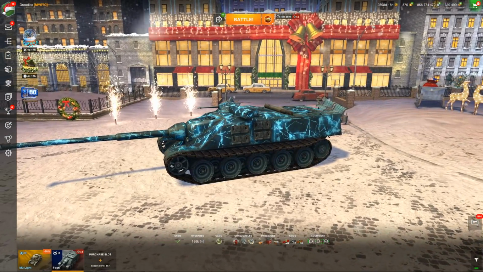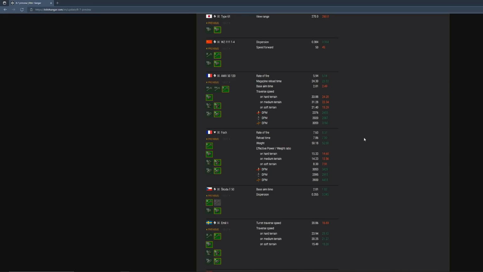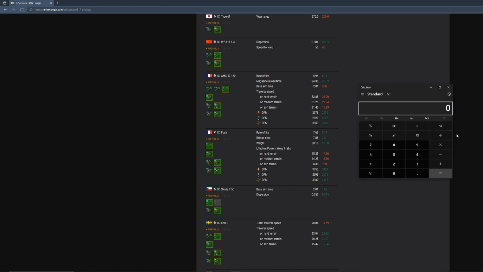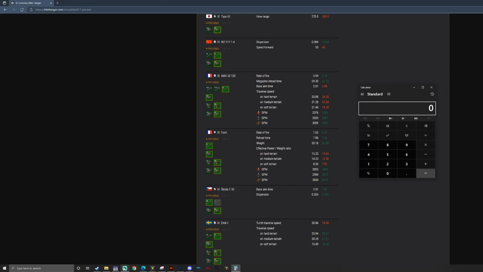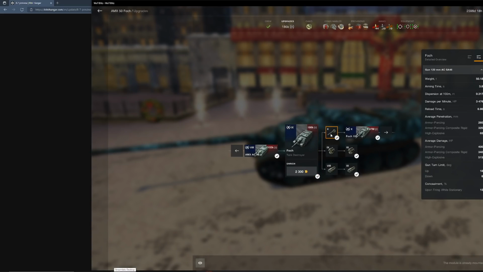So we're going to do some quick maths and find out the exact true DPM of this vehicle. This is Blitz Hangar changes, and as you can see here, the rate of fire is going up by quite a bit. Its base DPM is going from 3,053 to 3,429, or in other words, it's losing 0.86 off of its reload. So we're going to pull out a calculator. Now, currently the Fosh's reload, we're going to find out right now so we can see what the actual DPM is going to be. Currently the Fosh's reload is